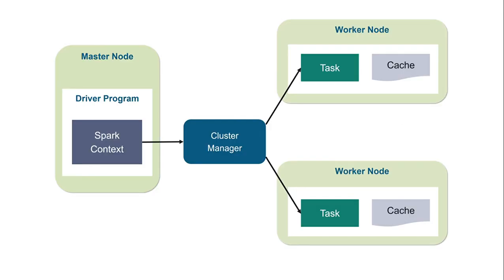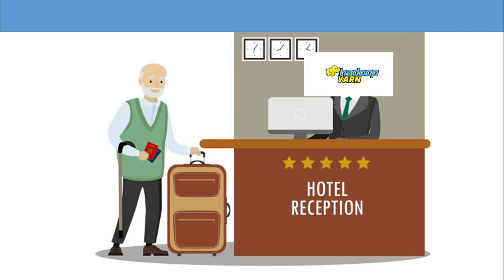Then there is the cluster manager, or the resource negotiator, we can call it. It is kind of like the hotel manager. It assigns rooms to guests. What are rooms? Rooms are the resources, like the clusters, and guests are the PySpark jobs basically. Here you can see the receptionist is Hadoop YARN. YARN is basically one of the cluster managers. Apache Spark provides a few cluster managers, for example, standalone, a built-in basic resource manager, or YARN, which is made by Hadoop, and Mesos, which is very old, and